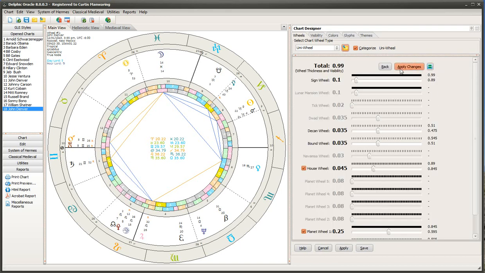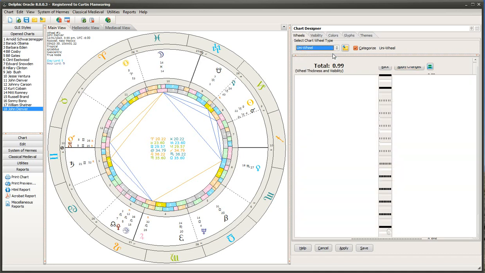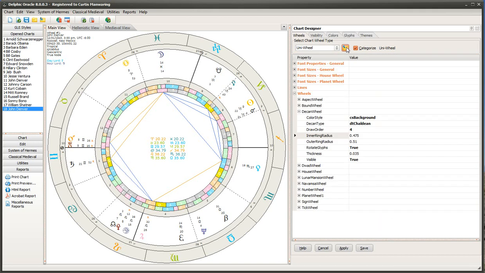In this case, I've made some changes here. So if I click apply changes, or if I click this and go back, it will show the wheel. And then you go here and you show that again, it'll go back to the beginning. I'll just minimize that, and the sine wheel will show the update here. It goes from 0.9 to 0.89. So we go back